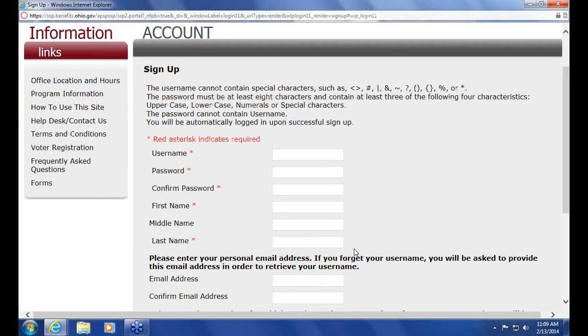Just a few things I want to point out about this page. There are parameters on the username and password you can use. Usernames cannot use special characters, and the password must have at least 8 characters and must contain at least 3 of the following: an uppercase, lowercase, number, and special character. You'll want to make sure that each consumer writes this information down for their future records. Also, each consumer needs a separate account, so you can't have one account and have multiple applications go through it.